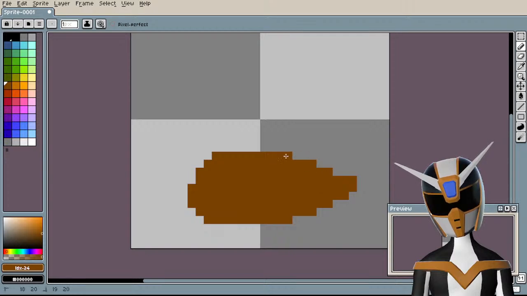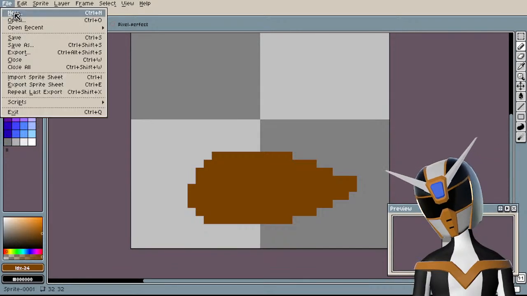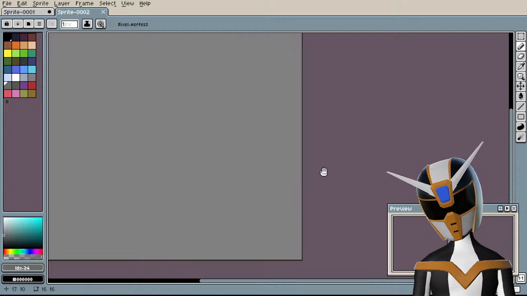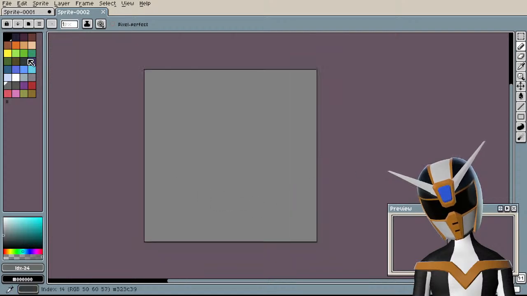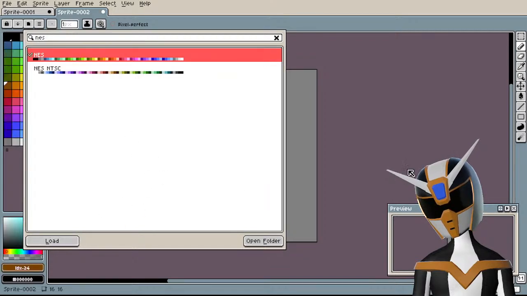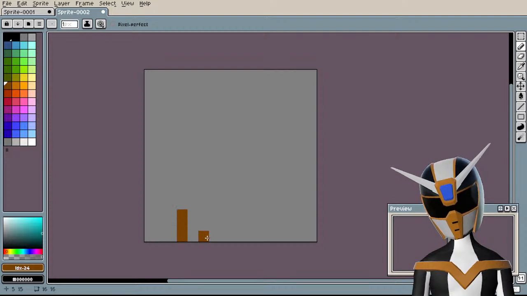Wait, hold on. This does not look anything like a bull. Okay, let's try again and just make it look kind of stupid. It's just gonna be a super tiny, Atari-looking bull.